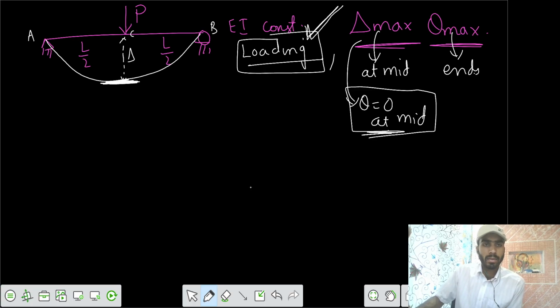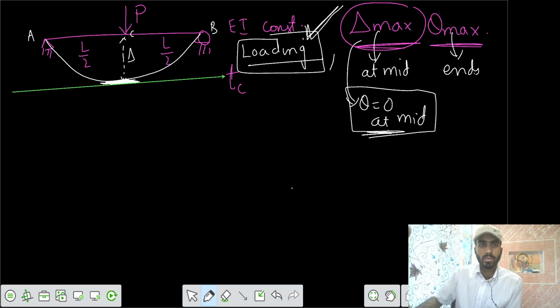Once the delta at mid is 0, we can take that point as a reference point. Let's take that as a reference point and draw a tangent from point C. This is your tangent drawn from point C. Then if you want to say what the delta max is, we know that delta max is here, but if we take it itself as a reference point and do some tricks,